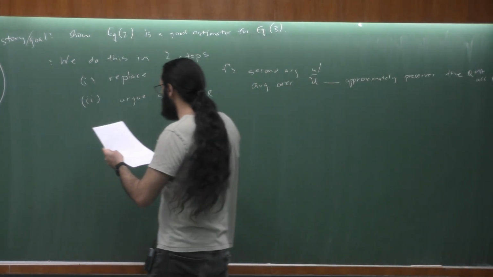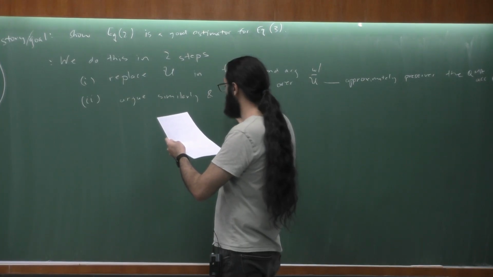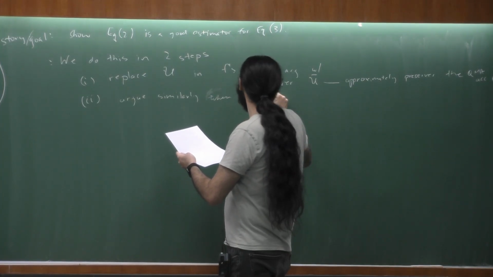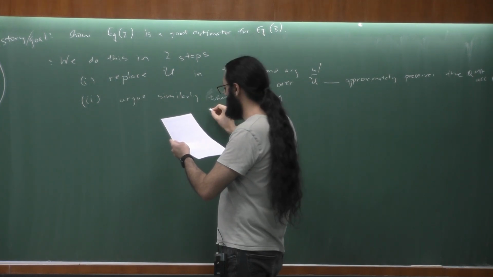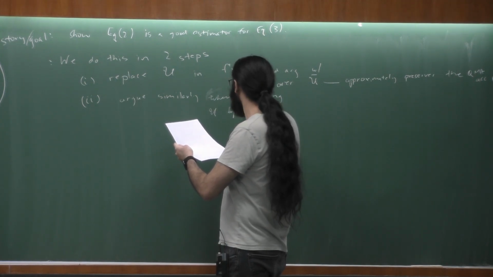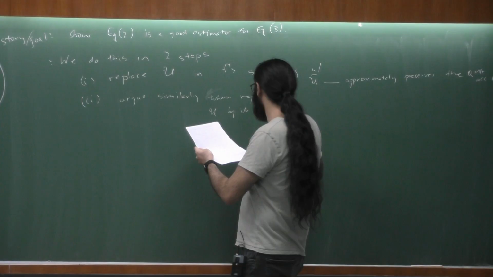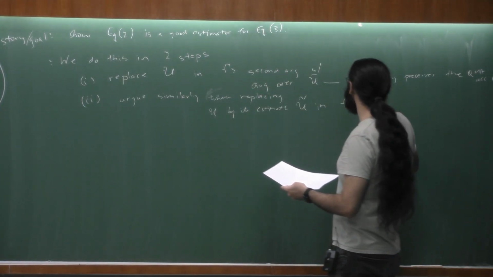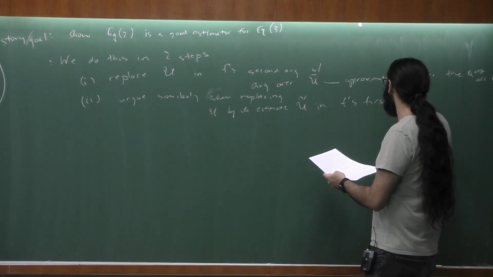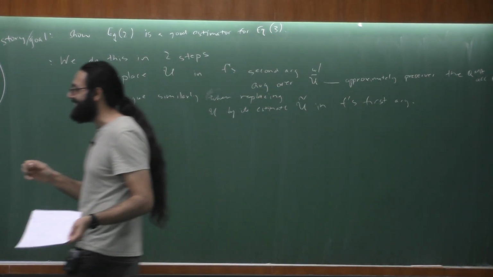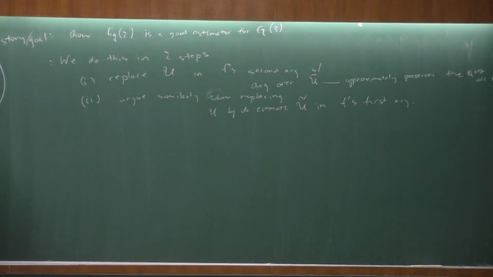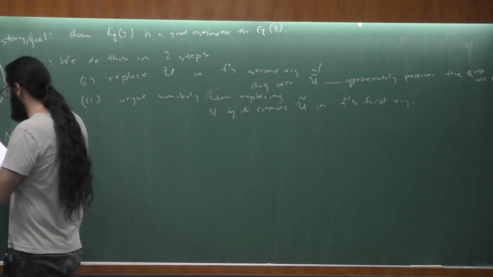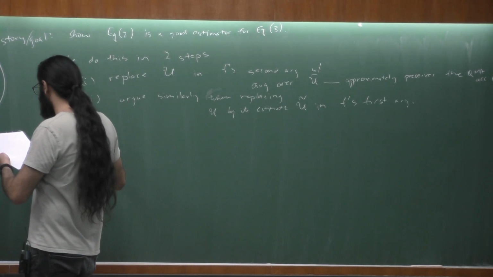Basically, these two things are the same, and then you argue similarly when replacing U by its estimate, U tilde, in F's first argument. Okay, so it's nothing much, it's just saying that we'll replace this and this by the corresponding quantities, so nothing very big. All right, so by lemma 29,